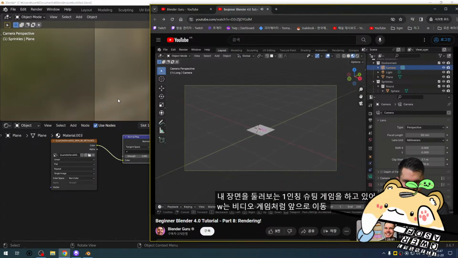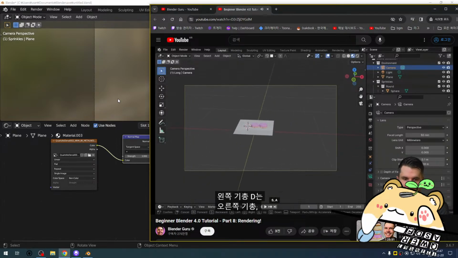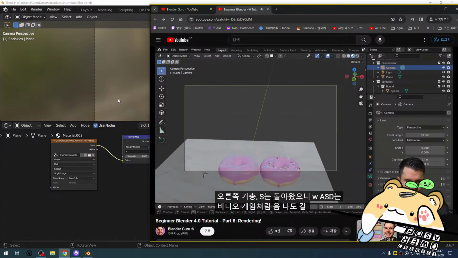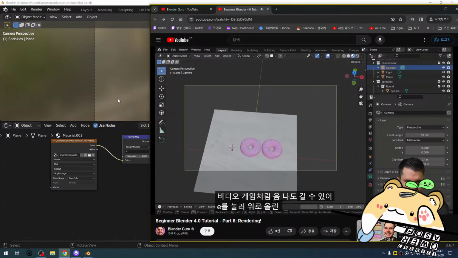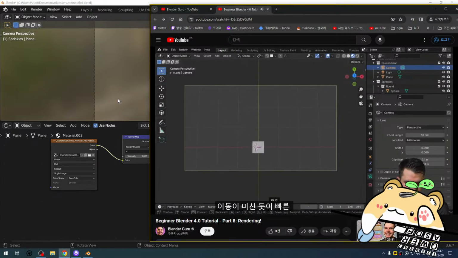W is move forward, just like in a video game. A is strafe left, D is strafe right, and S is back. So WASD, just like a video game. I can also go up by hitting E and then down by hitting Q. And if it's too sensitive, like if the movement is crazy fast, the scroll wheel also decides